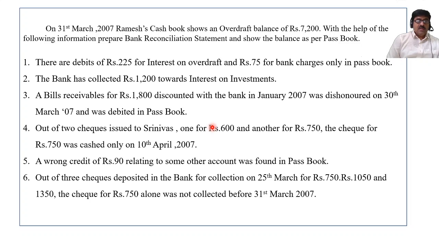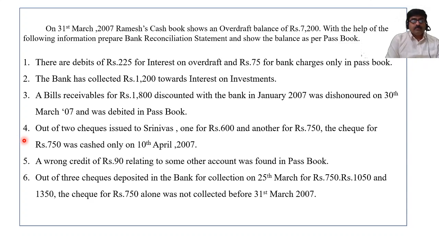So this is also first credited and then debited in the bank account, means there is an unchanged passbook amount. Whereas on the date the bill is received, the cash book is debited, means the amount is decreased in the cash book, but the dishonored amount is not entered in the cash book. So there is a decrease in the balance of the cash book. To equal this amount with the passbook, we have to add 1,800.